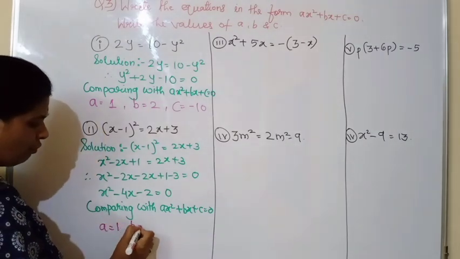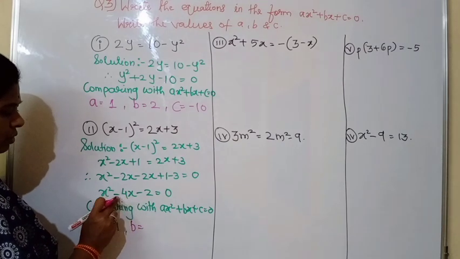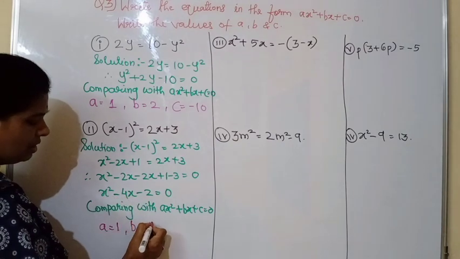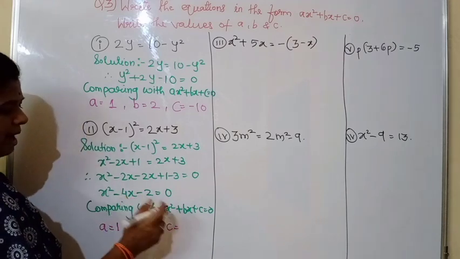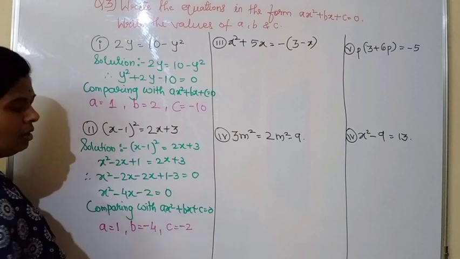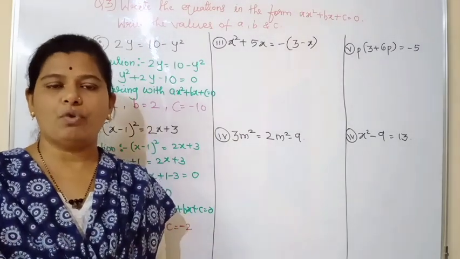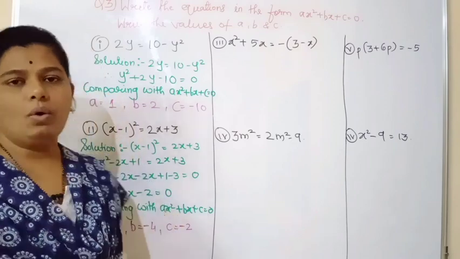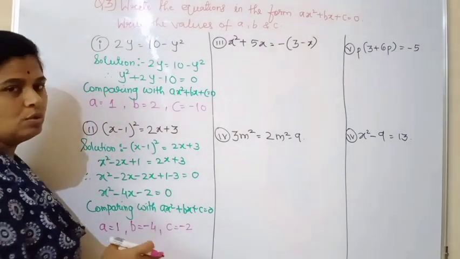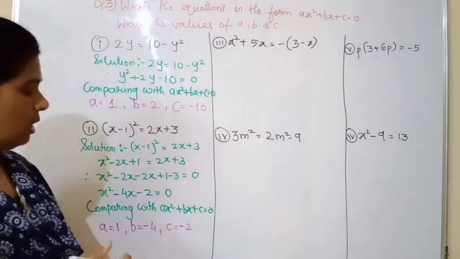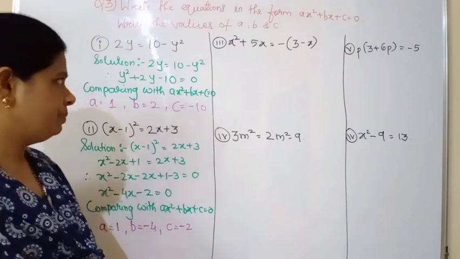The value of b, that is 4x. Okay. And to the 4 there is a minus sign, so here it will be minus 4. And c equal to, it is minus 2. Okay. So because our general form is in an addition form, it is in a plus form. Okay. And if there is a minus sign, then we have to take the values also in minus. Okay. So now we will move towards the example number 3.